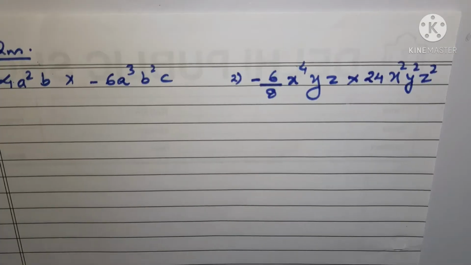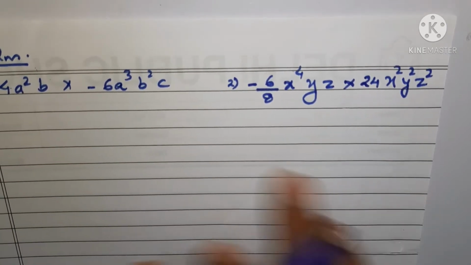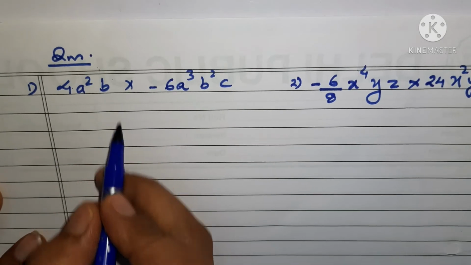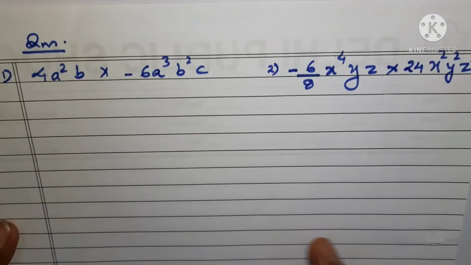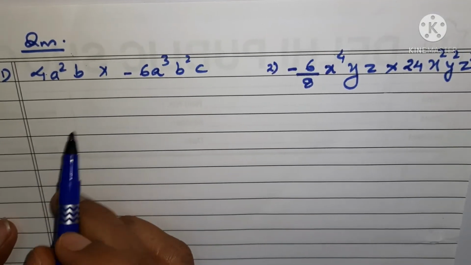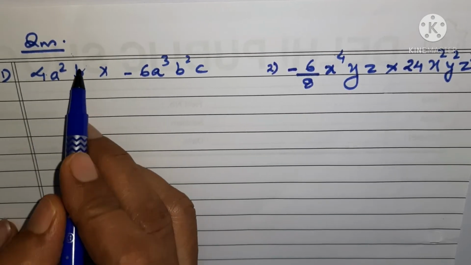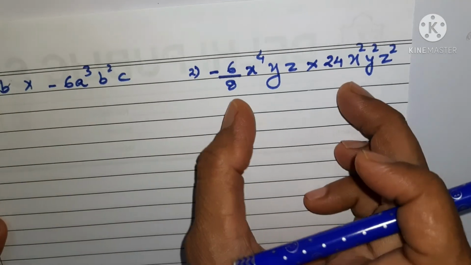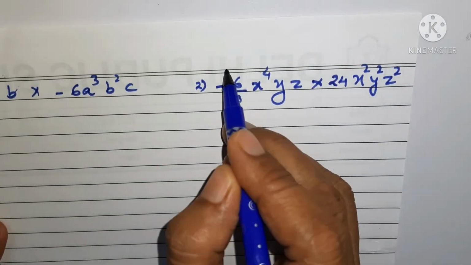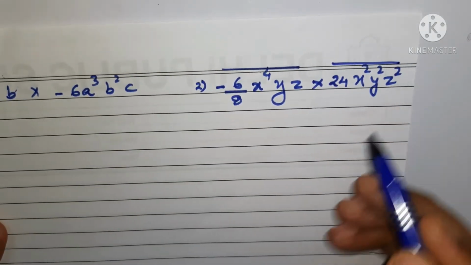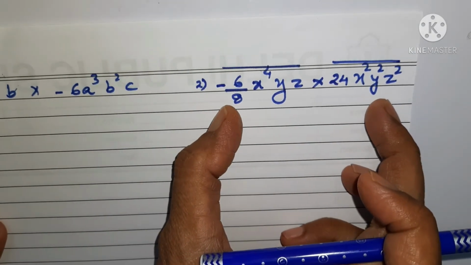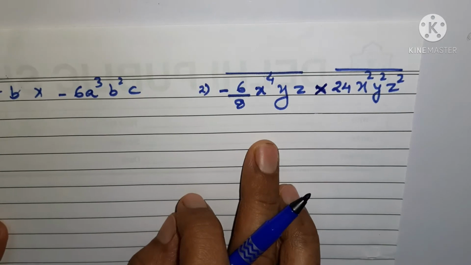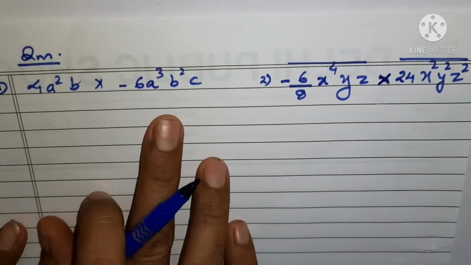Okay, so let's have some examples in front of us. We are having two questions and we will try to do these questions so that it will be more clear to you. Okay, you can see we are having one single term here and another single term, so two monomials are here. In this case also you are having one single term from here to here and one single term from here to here, and then we have to multiply these two. Okay, here you can see that this is the symbol of product in between them. So let us start with this.